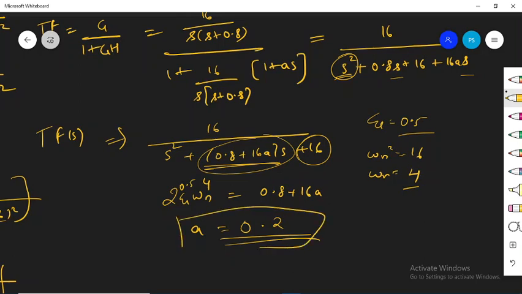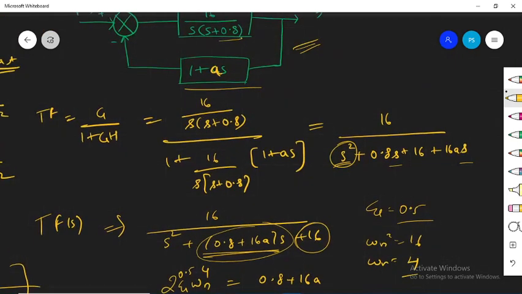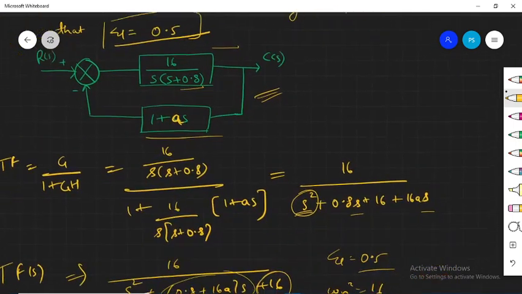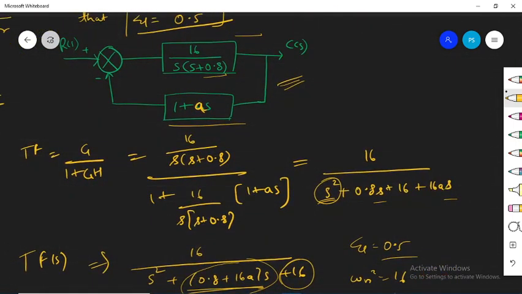So here actually things were not given directly, indirectly things were given, and hence you had to find out the value of A. Okay, so with this I wind up this lecture. These were the basic questions for second order system time response. I'll be sharing various tutorials also with you, various questions related to this.